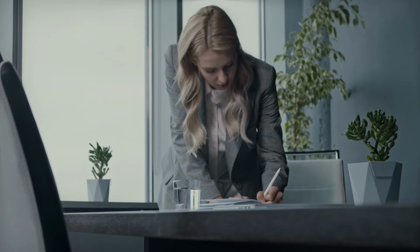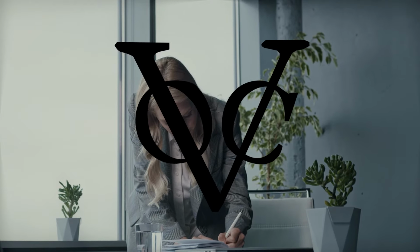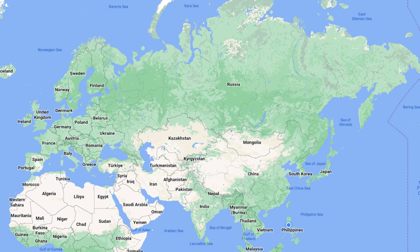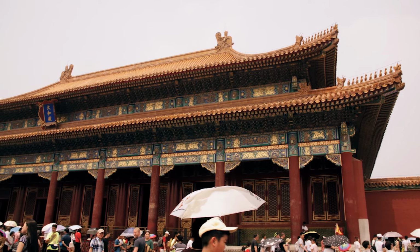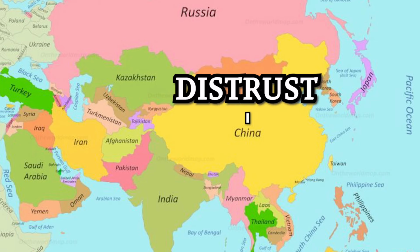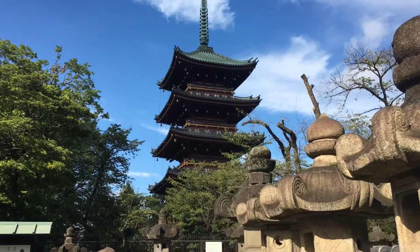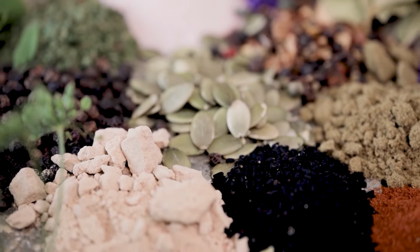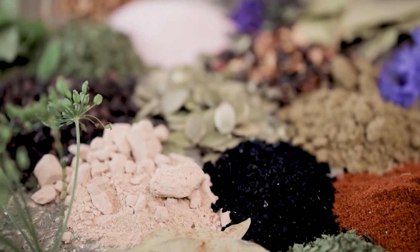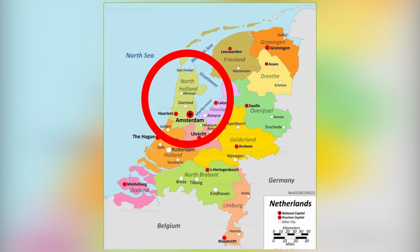But the most important achievement of the Netherlands was that the Dutch East India Company obtained a monopoly on trade with Japan, and in turn, through Japan, managed to trade indirectly with China. And that was significant because these Asian countries traditionally distrusted the intentions of Western traders. So for many years, this Dutch company was the only entrance of the Western world to Japan, which gives the Netherlands exclusivity to trade exotic goods from Asia throughout Europe. Therefore, from that time on, the north of what would become today the Netherlands would become one of the main